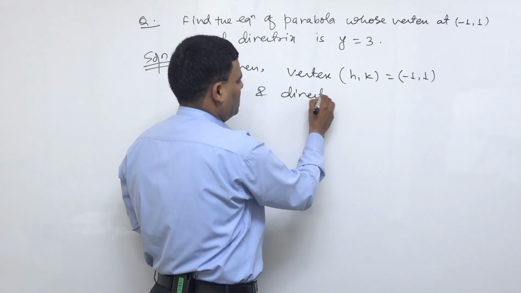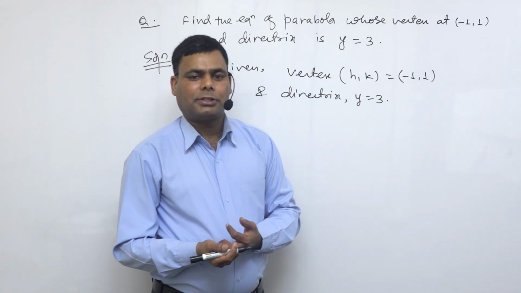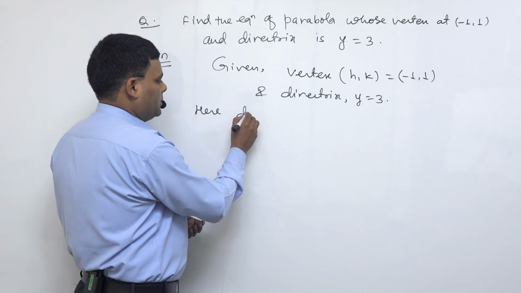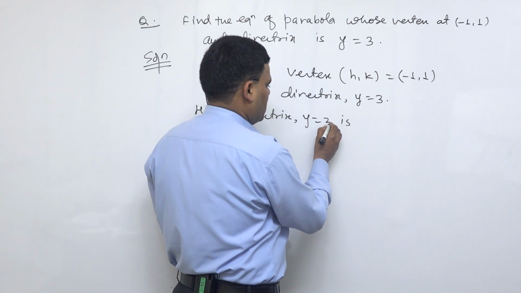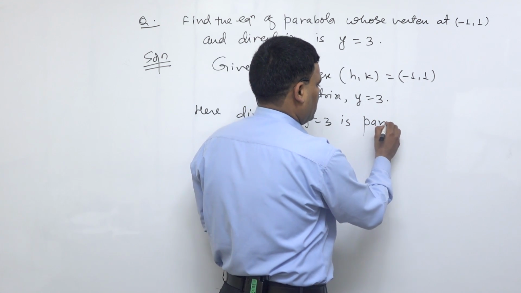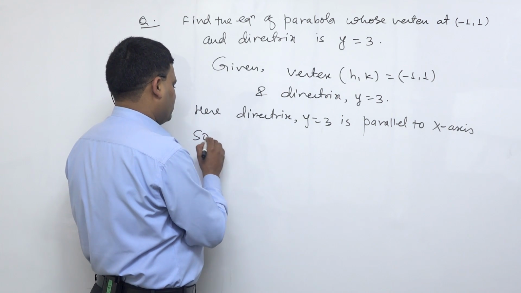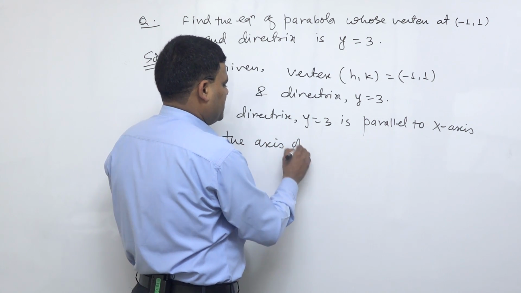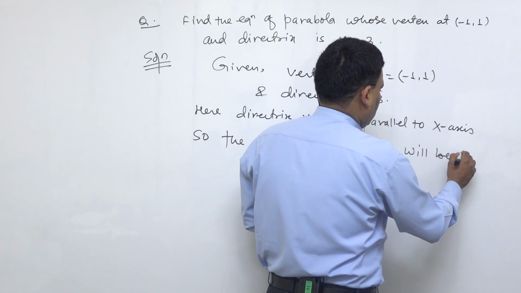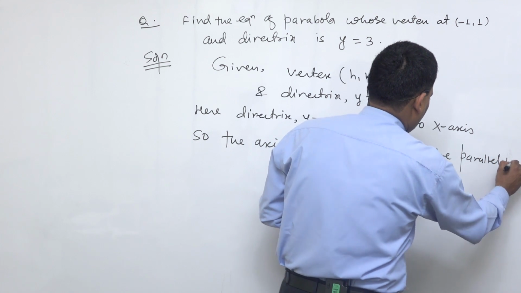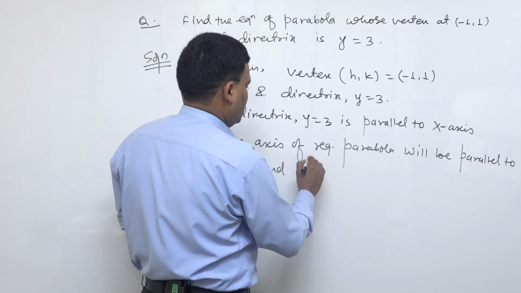And directrix y equals 3. y equals to something is the line parallel to x-axis. Here directrix y equals 3 is parallel to x-axis. So the axis of required parabola will be parallel to y-axis and its equation will be of the form